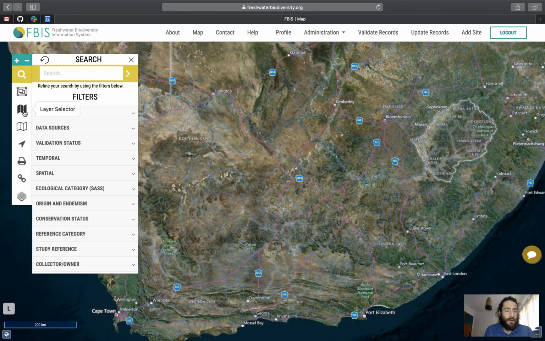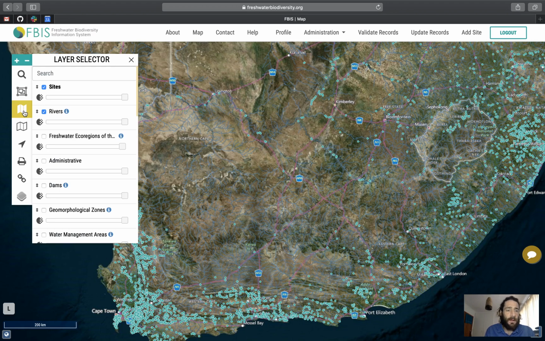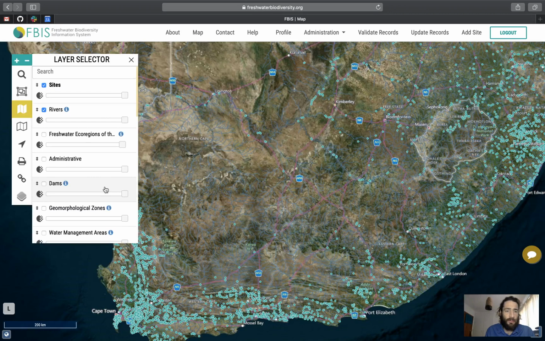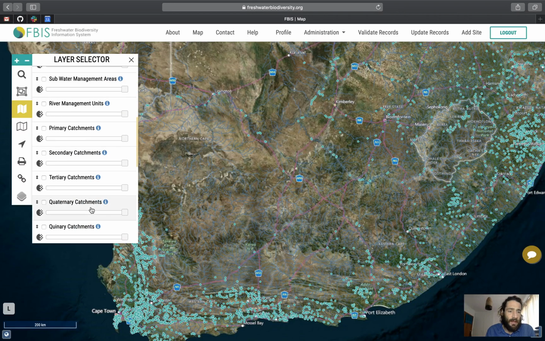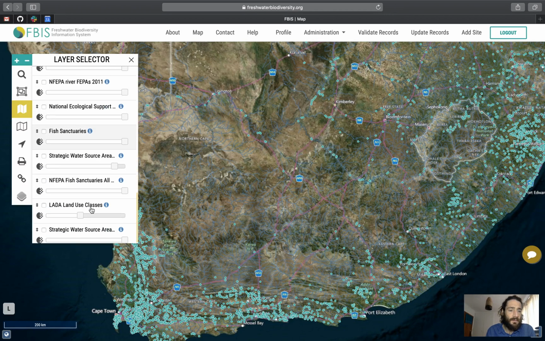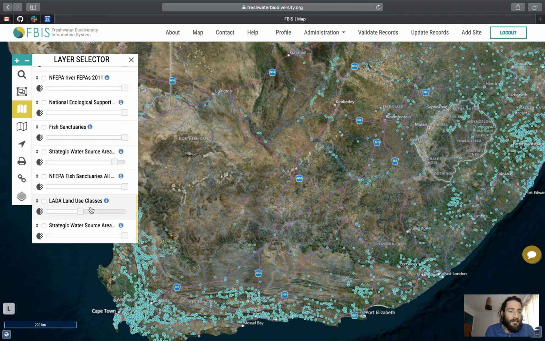Next down are the layers. This is a set of background layers that can be turned on and off on FBIS, visualizing any of these layers. And this is a set of spatial layers and management layers. So everything from things like geomorphological zones right the way through to management layers, like water management areas. And these layers can be turned on by